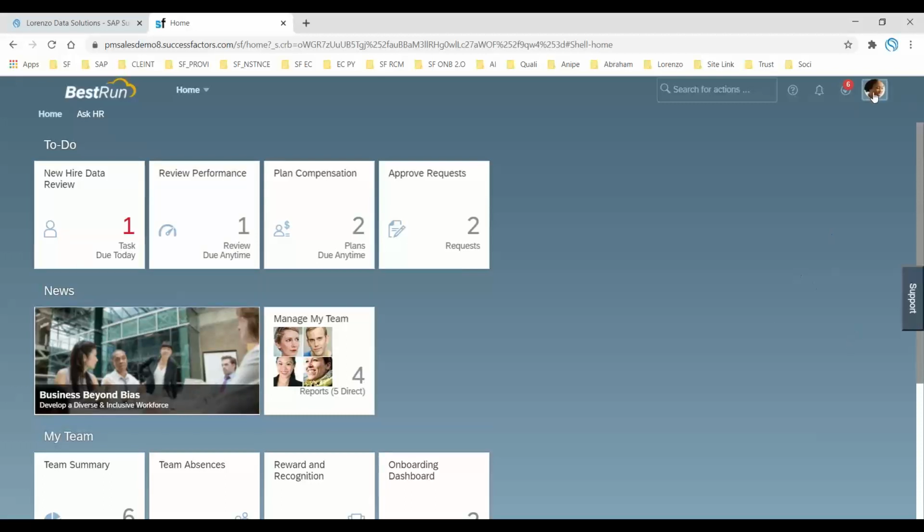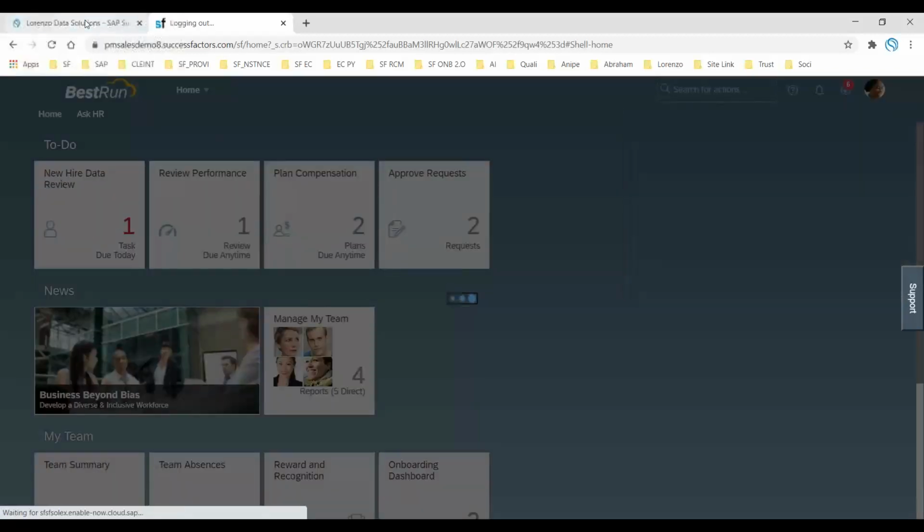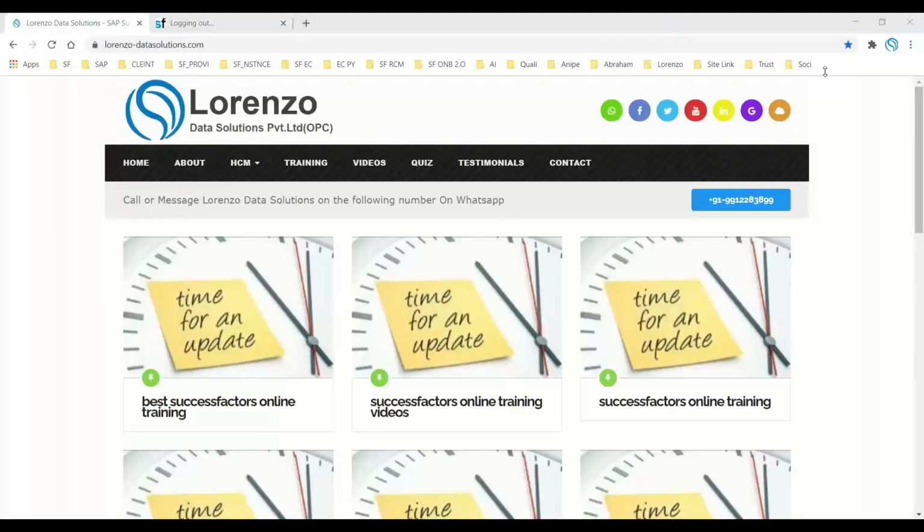I hope it is clear to everyone, the process that I wanted to show you, how you can initiate onboarding from your SuccessFactors recruitment management to your onboarding 2.0. But this is one method. There are a lot of other methods we have. You can initiate onboarding 2.0 from application tracking systems. You can even initiate it directly, manually. If you are not integrating from recruitment management to onboarding, you can add the onboarding candidates manually and initiate onboarding 2.0.